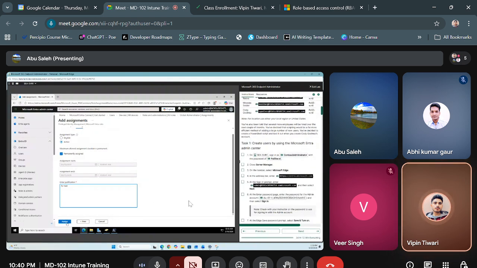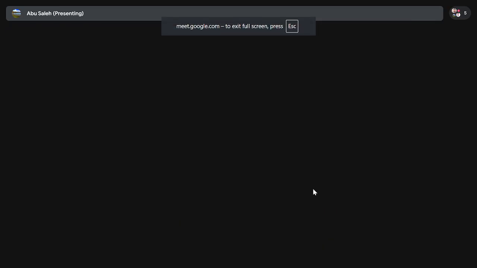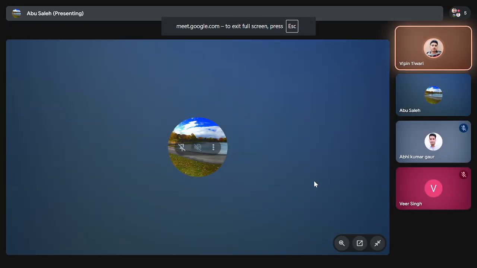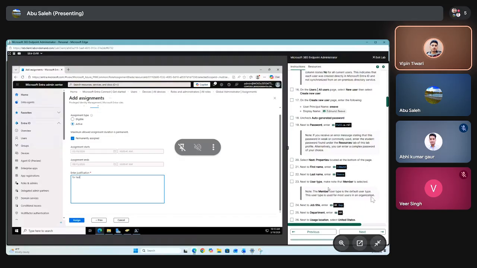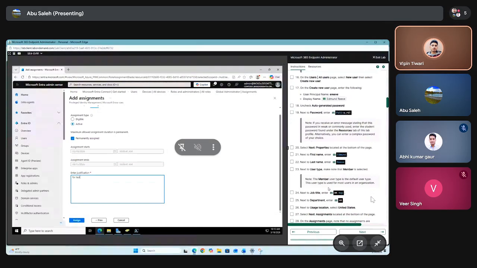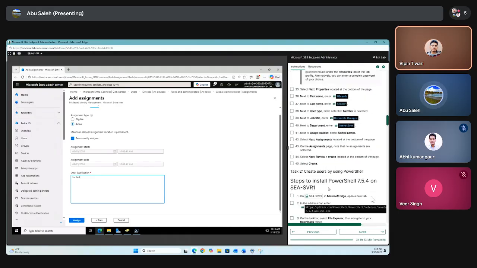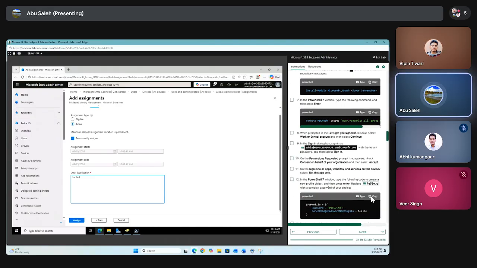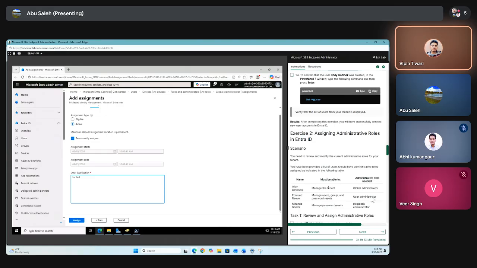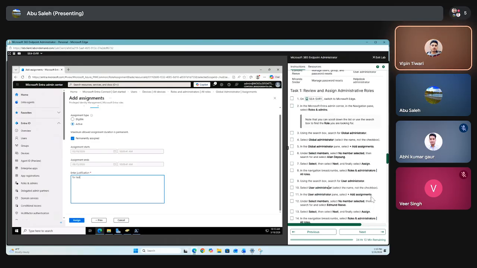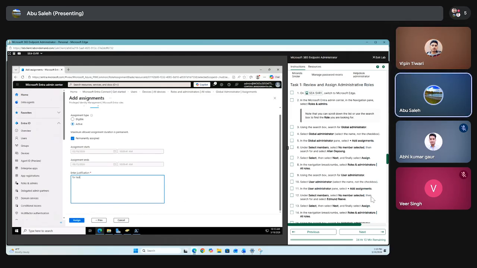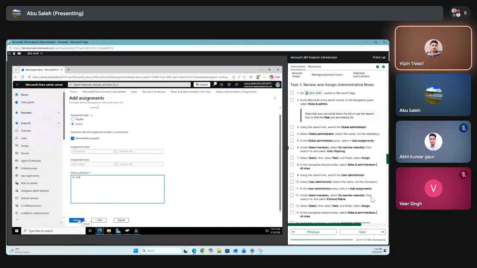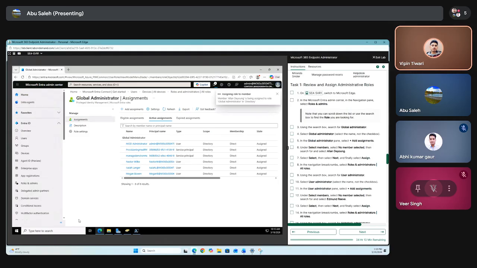You can scroll down a bit more in the instruction side. This is the user creation that we did on the first day. PowerShell we did. This is the second exercise that we are doing. So Alan Deong, we are doing it. User administrator, we did it. Now global administrator, we did it. Now we will do it for